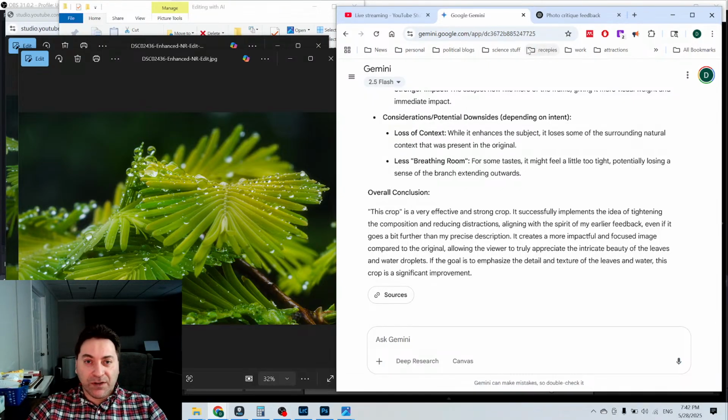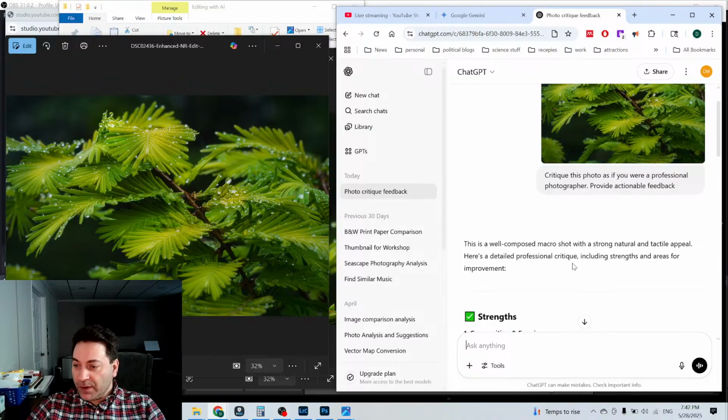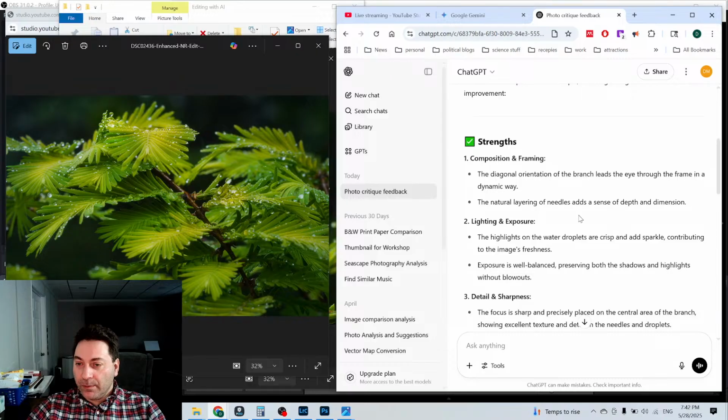Let's see what ChatGPT has to say about these images. Let's go to the original image and let's see what ChatGPT has to say. This is a well-composed macro shot with a strong natural and tactile appeal. Here's a detailed professional critique, including strengths and areas for improvement. Strength, composition and framing. The diagonal orientation of the branch leads the eye through the frame in a dynamic way. The natural layering of needles adds a sense of depth, not really needles, but okay, adds a sense of depth